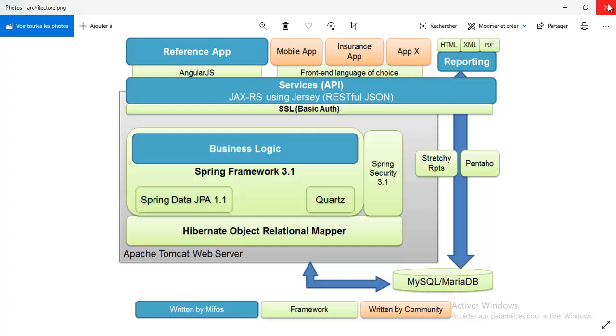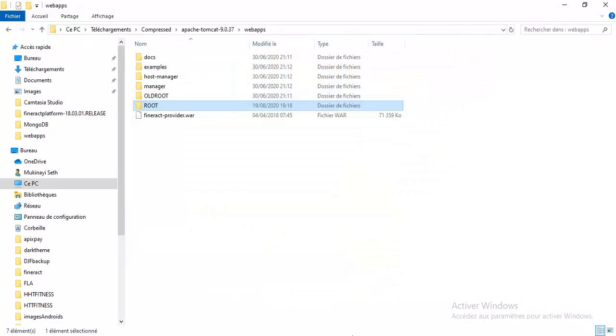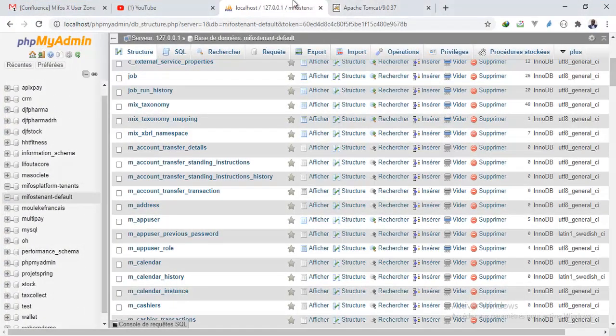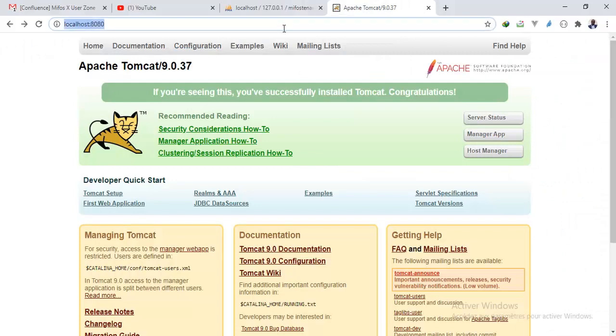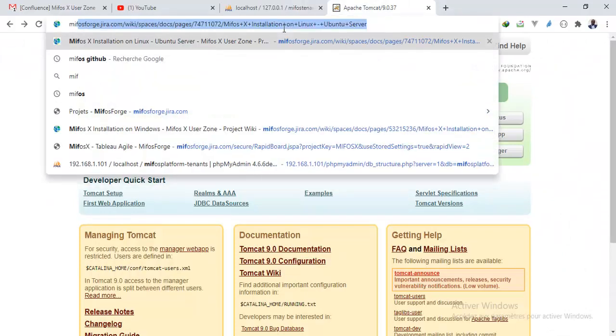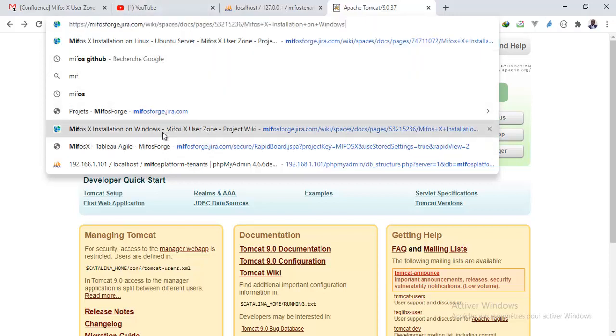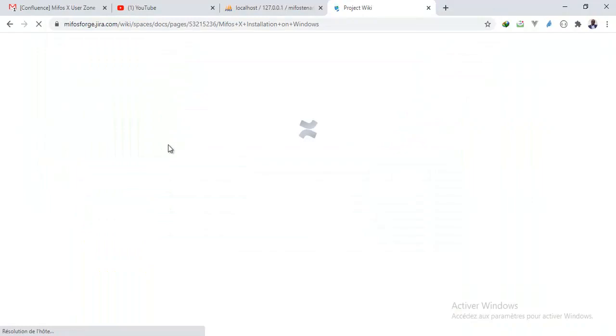Let me close this. But there's one more thing that I'm supposed to do. If I go to my first installation, this is for the Pentaho. Let me go to installing on Windows, not on Linux, but Windows, installation on Windows. So you're gonna see that